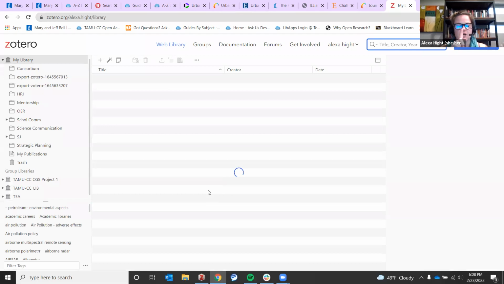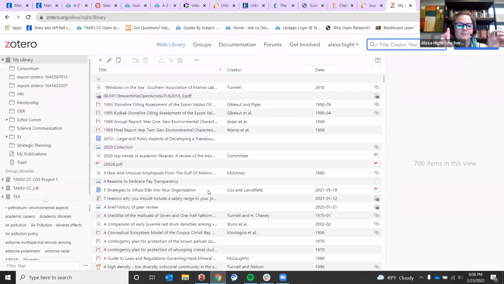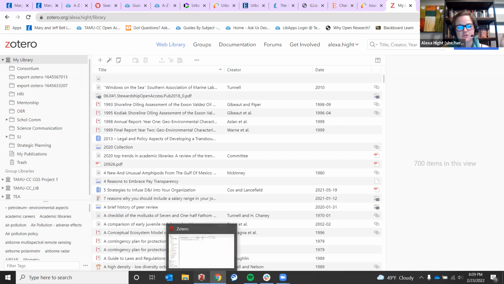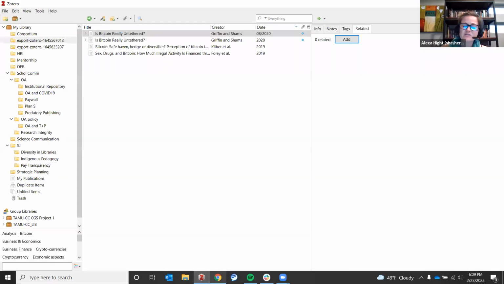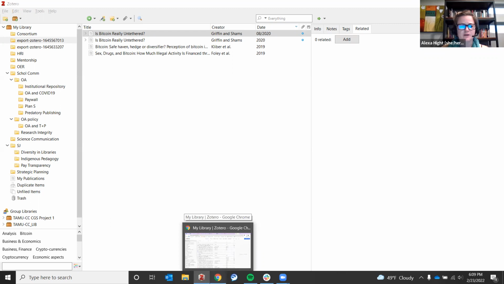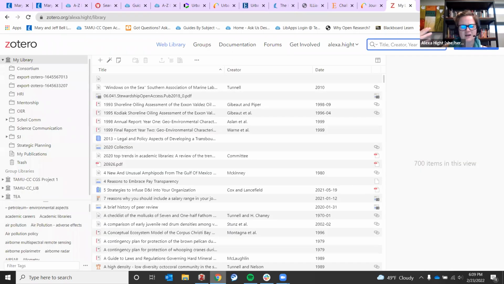And so Zotero, you need an account. I guess you only technically need two things because you can use the web app or the desktop app. So I just logged into the web app version, whereas I first showed you the desktop version. They look pretty much the same. There's kind of a newer feel to the web app. I'm not sure. And then there's one other difference with it,